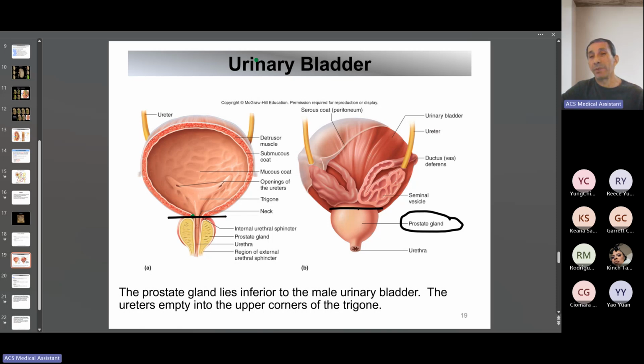So what happens when males develop BPH? BPH is benign prostatic hyperplasia. So it becomes very large,